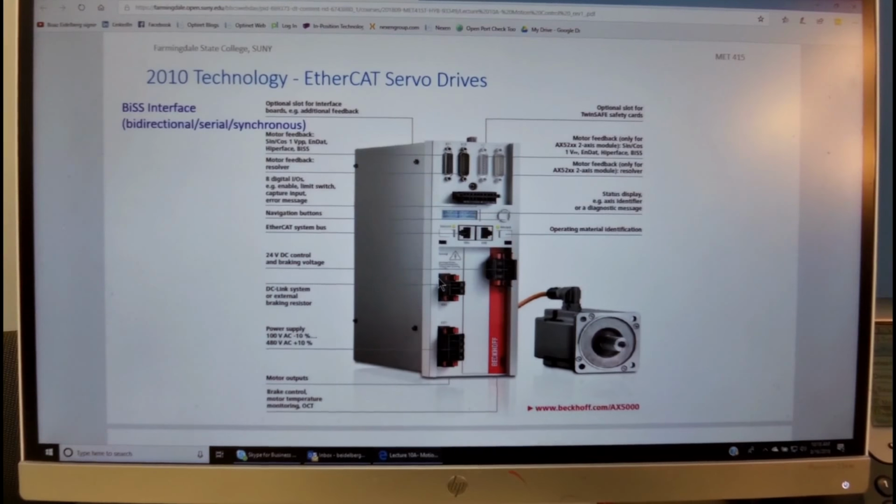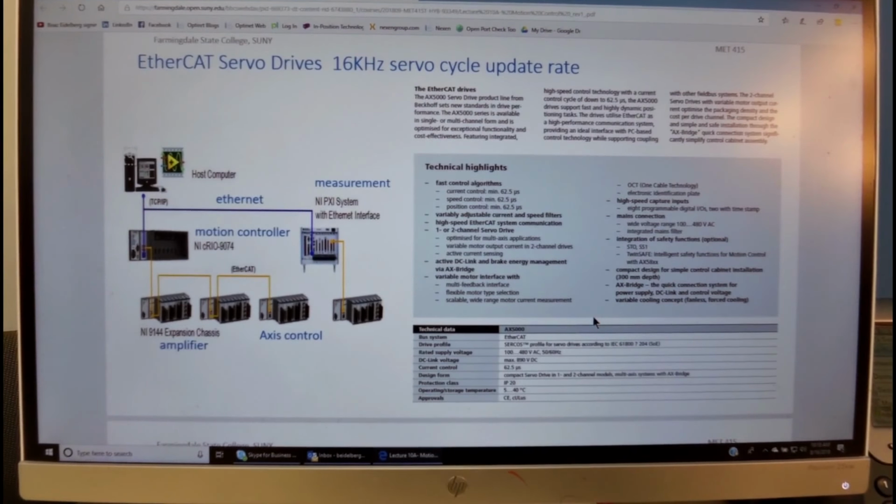And then we have over here some DC data link and power supplies. And then the power is coming in from the power unit into the motor. So that's a typical configuration of EtherCAT servo drive.